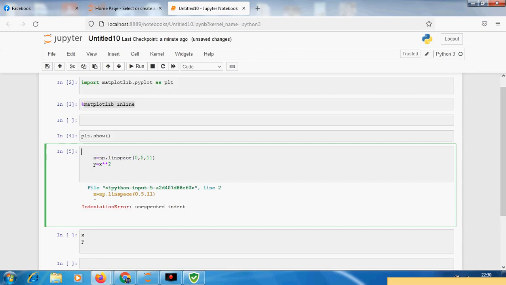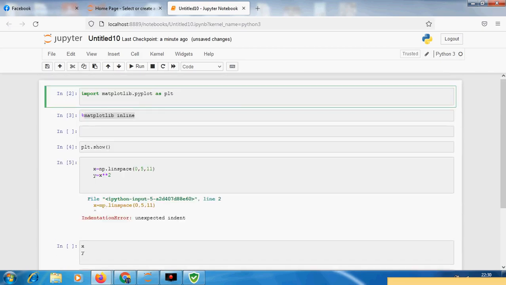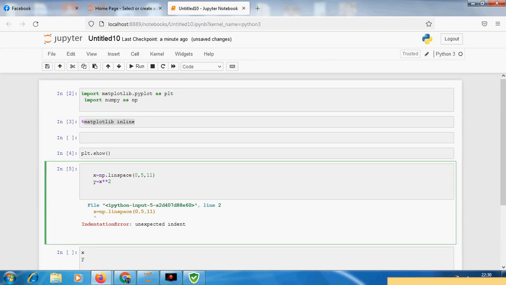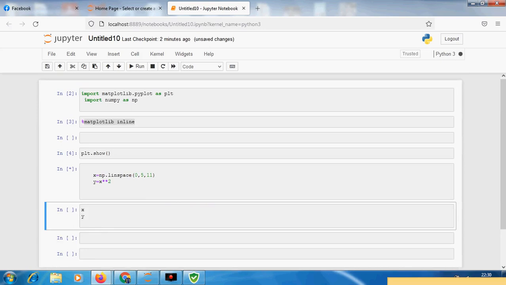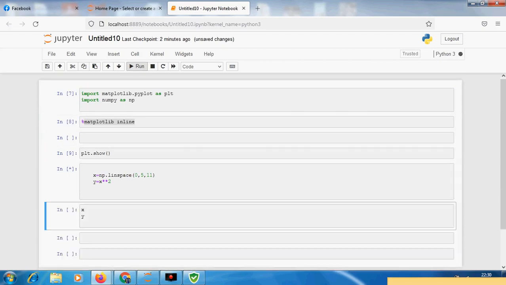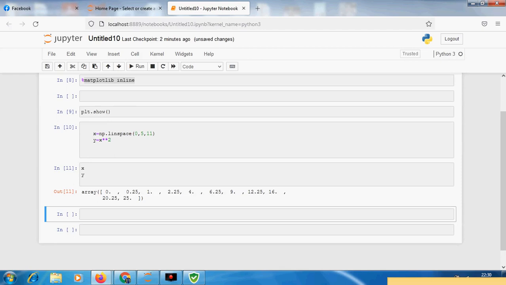Import numpy as np. I have to cut it from here and paste it in the upper part of our program. And paste it, so no error is shown. It should be at the same level as the other code. Yes, our array appeared